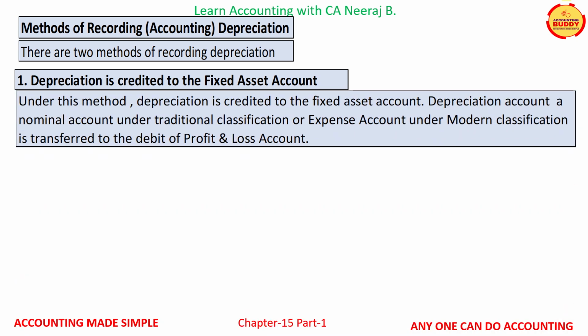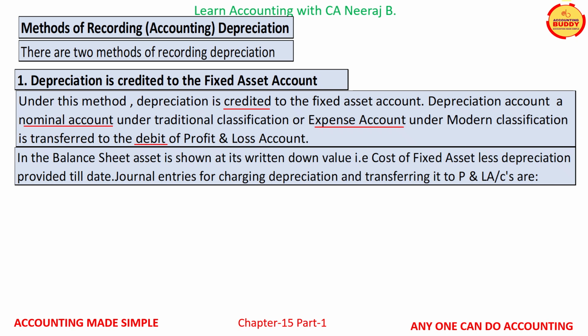Under this method, depreciation every year is credited to the fixed asset account, which means the asset value will get reduced with the amount of depreciation credited to the asset account every year. Depreciation account is a nominal account under the traditional classification, or it is an expense account under the modern classification of accounts. Therefore, it is transferred to the debit of the profit and loss account. In the balance sheet, asset is shown at its written down value, that is the cost of the asset less